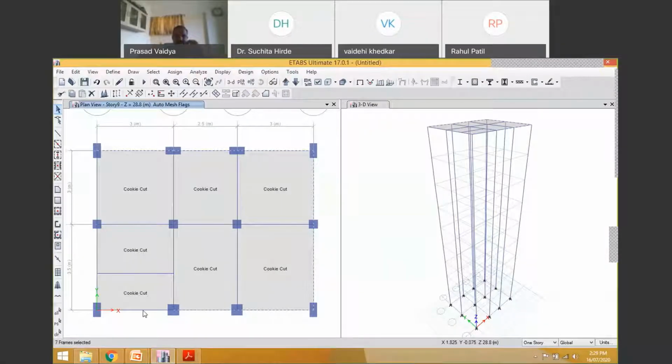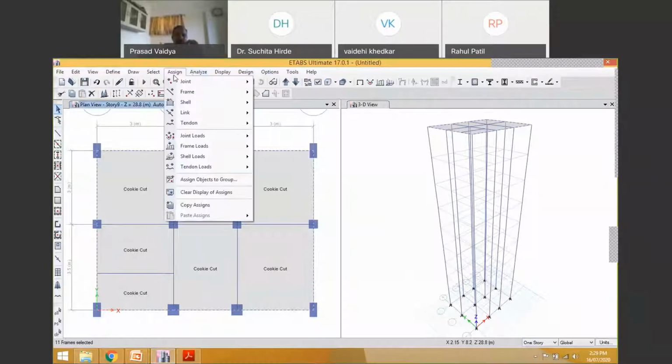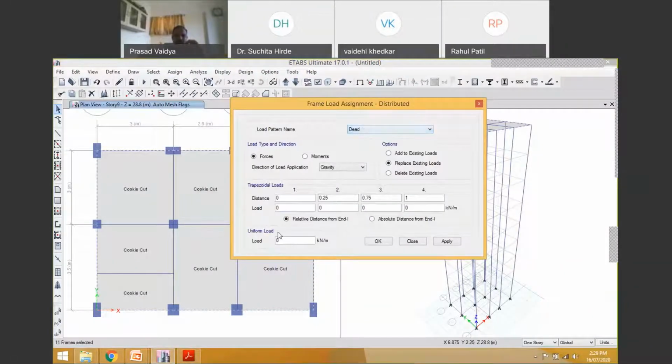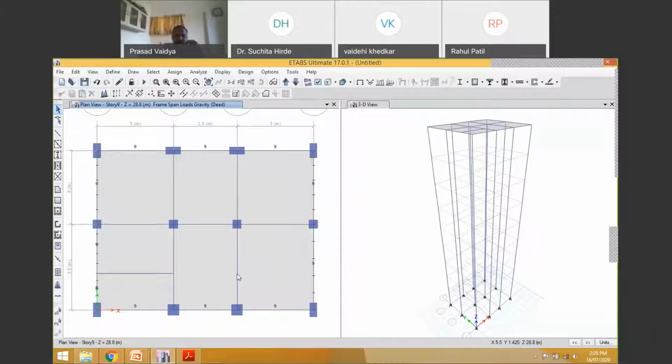Okay, so for that I have to select all these elements for the outer walls, periphery. Go to assign, frame loads, and then there is a distribution.